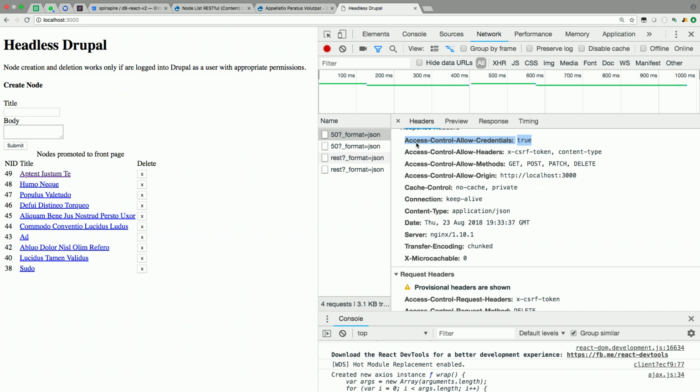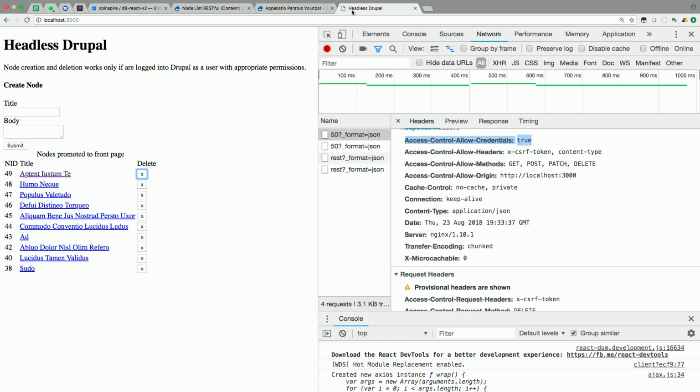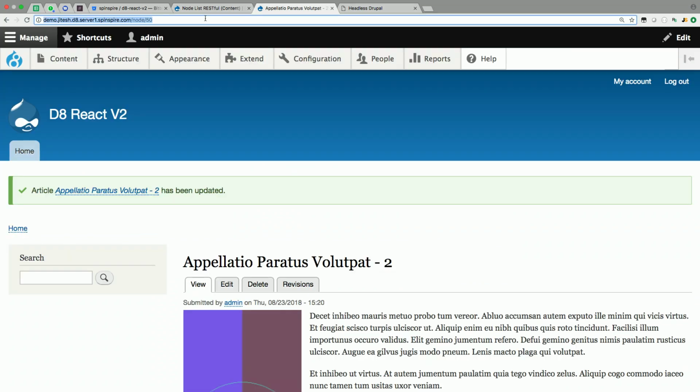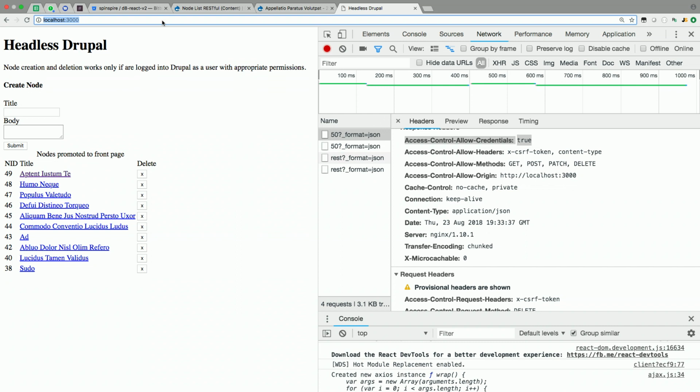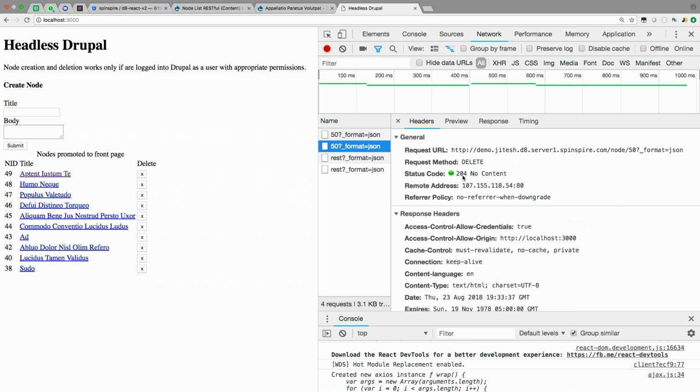even though it's a cross origin request. Because I'm logged in as admin in this tab, whatever I do here in this other tab, which is a completely different website, not the same as this website, the cookie is still accepted by the original site. So now when I click delete, it issues the delete request, and the response is success 204, and then finally it makes